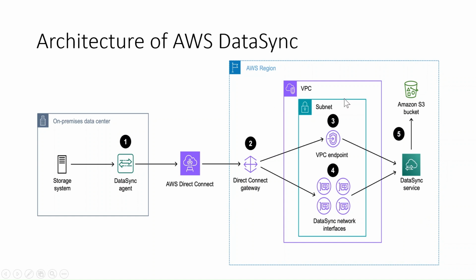So this is the VPC. So once the data reaches AWS through the AWS Direct Connect, it is routed to a virtual private cloud, which is your private and isolated network within the AWS region. So inside the VPC, we have a